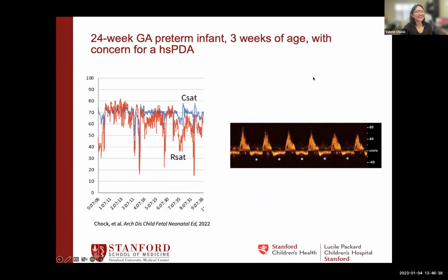Okay, so let's look at this other case example. This is a 24-week gestation preterm baby, 3 weeks of age, with concern for a significant PDA. Actually, I think this is the last poll question that I have. Looking at this tracing here, where you can see the cerebral saturation in blue and the renal saturation in red, and a subcostal view on echo,